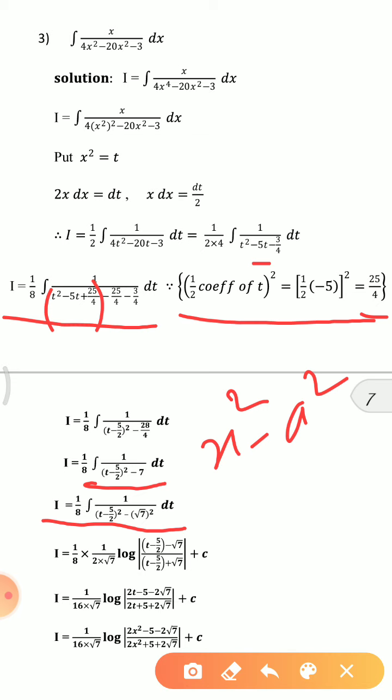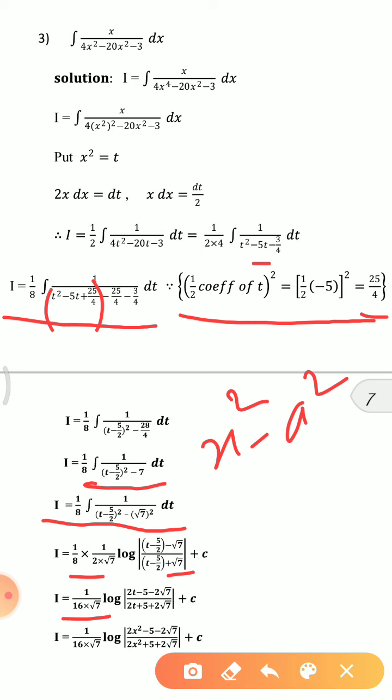Then applying the integration dx upon x² minus a², that is 1 upon 2a log of (x minus a) upon (x plus a). We already studied this in the first two examples. Apply here 1 by 8 as it is, 1 upon 2a, the value of a is root 7, so 1 upon 2 root 7 log of (t minus 5 by 2 minus root 7) upon (t minus 5 by 2 plus root 7) plus c. Then 8 twos are 16, 1 upon 16 root 7 log of